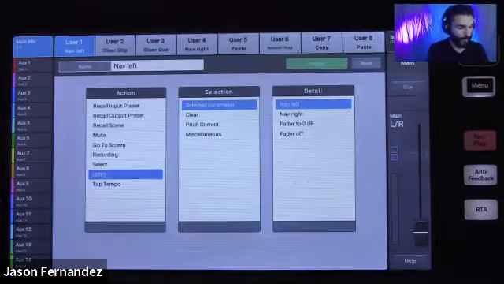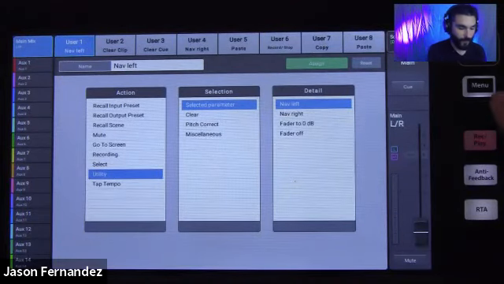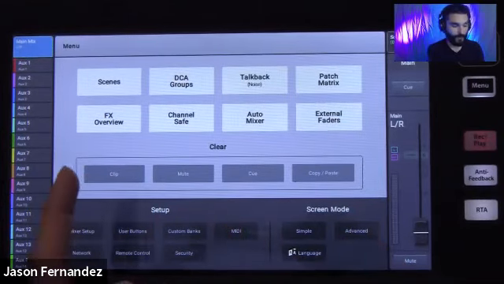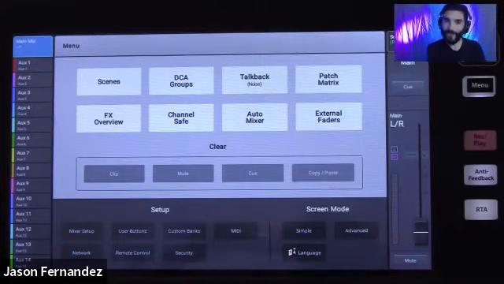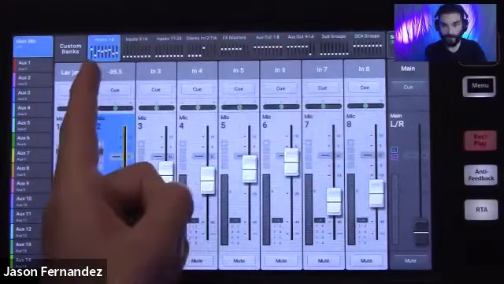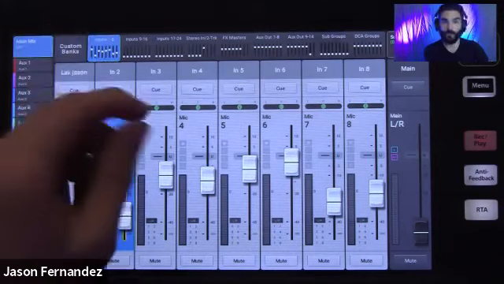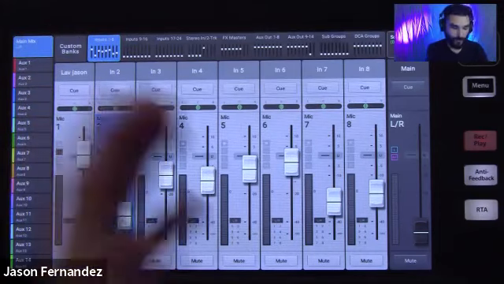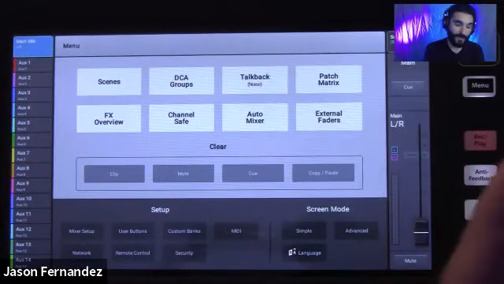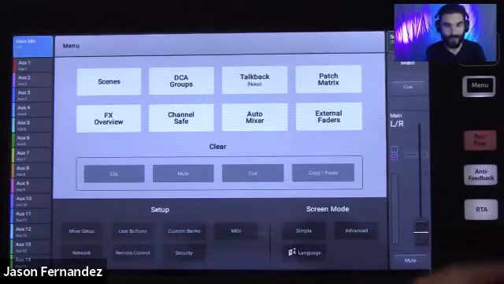On the 30 here, 2 and 3 are going to be clip clear and cue clear. So if you're in the menu here, this section here, the clear section, you have a clip clear and a cue clear, which essentially clip clear will clear out any of your clip indications. So up in the navigation strip here, you have your mini fader representations. If you clip a channel, the corresponding channel in the mini faders is going to turn red, and that's your clip indication. That's how you know you clipped that channel. If you want to get rid of those red marks, you're going to come in here and engage that. By default, user button 2 is already set up for that. So you don't have to come into the menu to clear your clips. You just hit U2 and clear your clips.